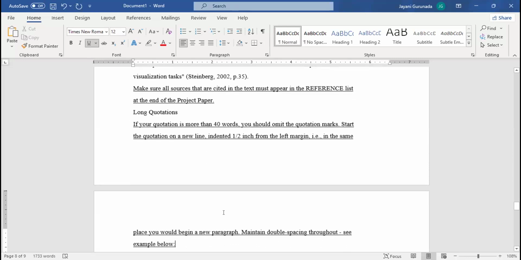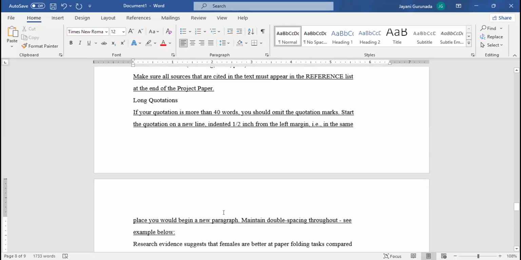Then if you take long quotations, right? If your quotation is more than 40 words, වචන 40ට වැඩි නම් you should omit the quotation mark. Quotation mark අයින් කරන්න. Start the quotation on a new line indented half inch from the left margin. Indent කරනවා කියන්නේ චුට්ටක් මෙහාට කරලා ලියන්න line එකේ. In the same place you would begin a new